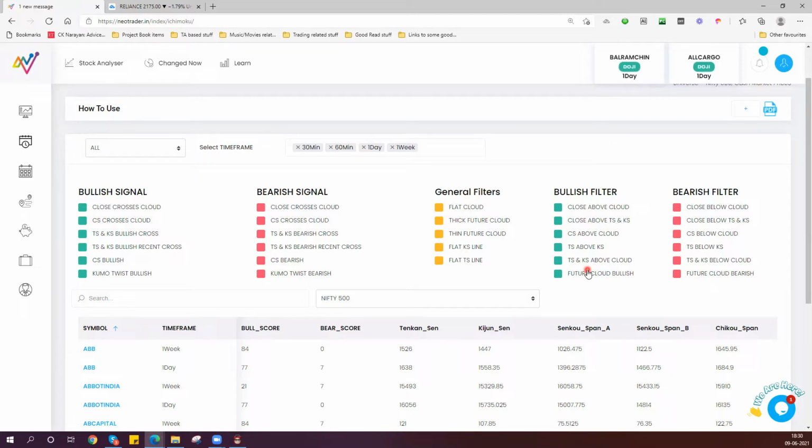Now, why should this matter? Typically, we are looking at 4 time frames: 30, 60, daily and weekly, correct? Now, the Ichimoku signals can be different in each of these. You understand? Because the time frame, the calculation, the price bar, everything is different in each of these charts. So they will all give you different signals.